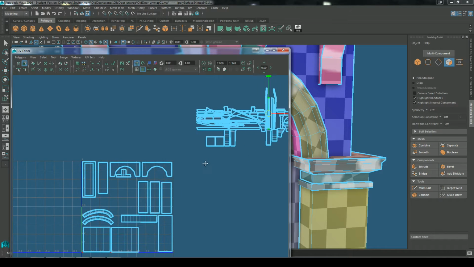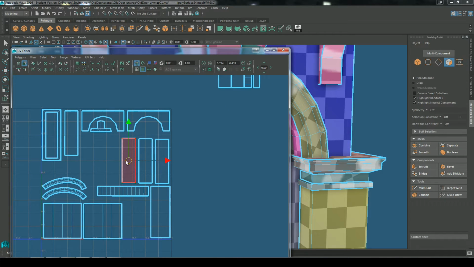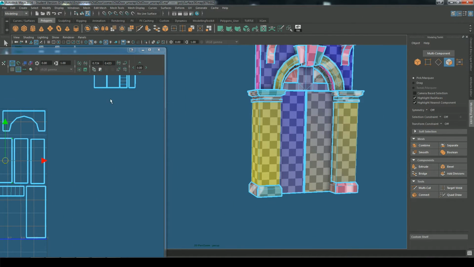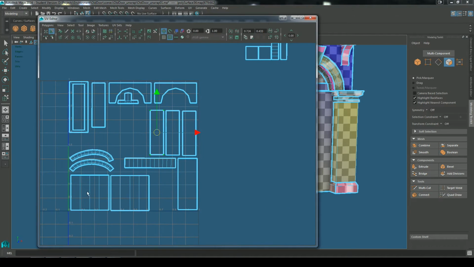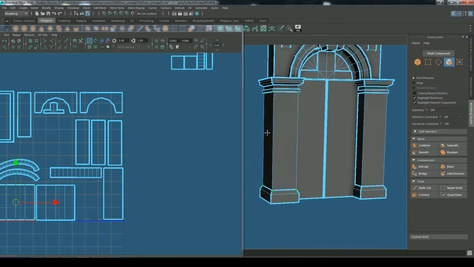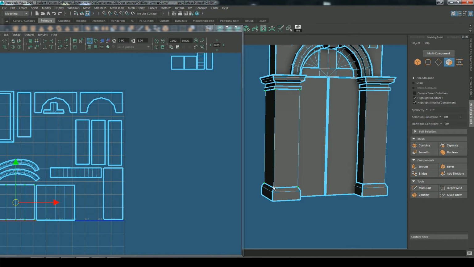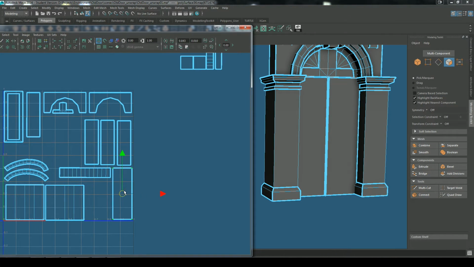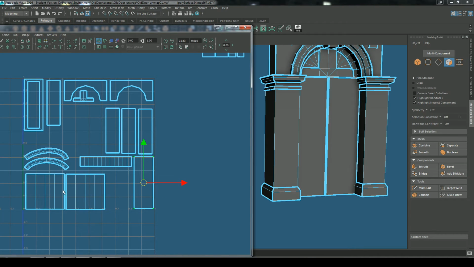Now, when you're packing, you really want to be trying to keep things in a logical way. So this shell, I'll just turn off that checkers, I don't need that. This shell's this vertical bit, and this shell here, as we can see, is the vertical bit. So I've got the left on the left, and I've got the right on the right. As much as possible you want to keep it like that, so things at the top of your texture, at the bottom there. So this face, for example,